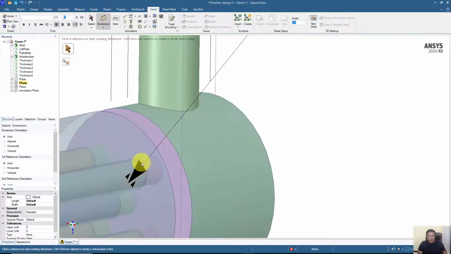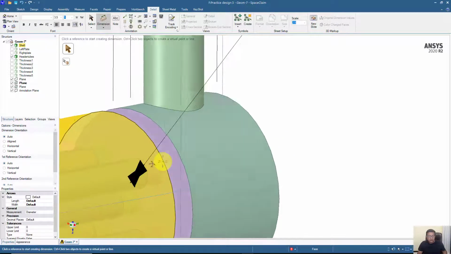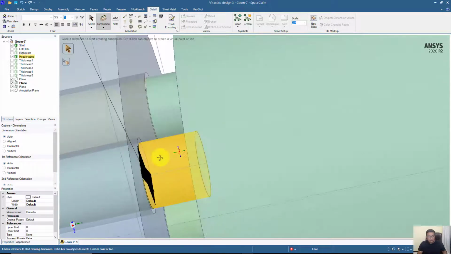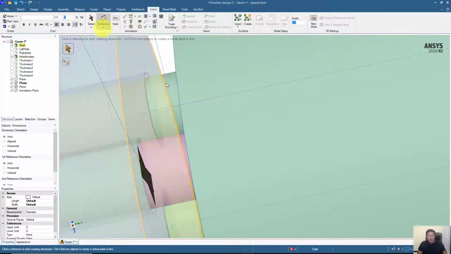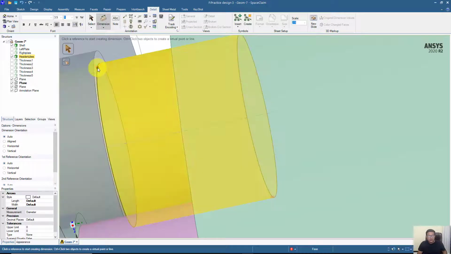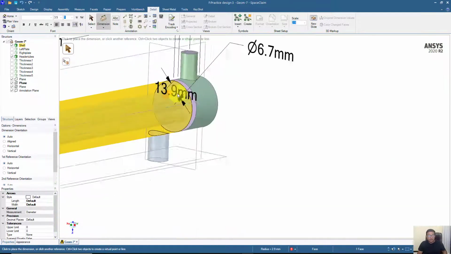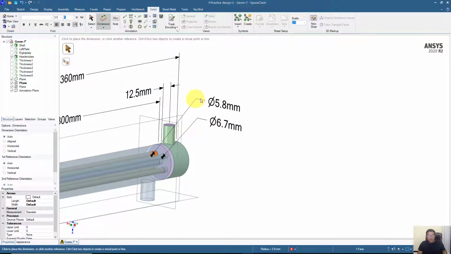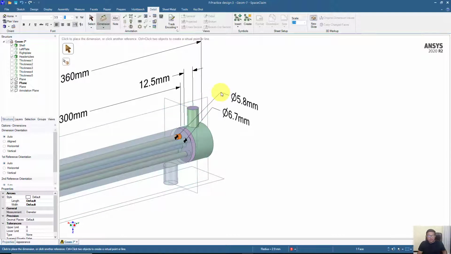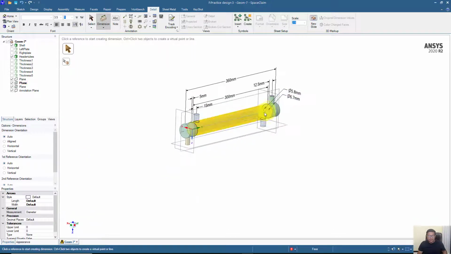6.7, and for the internal part, from this curve, we have 5.8, which is the inner diameter of the tube, and the other one is the outer diameter, which is 6.7 after the thickness addition.